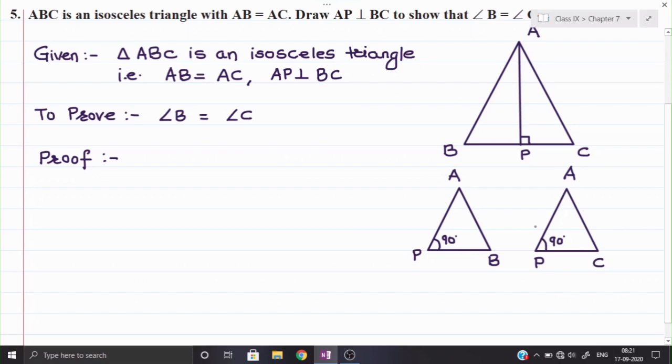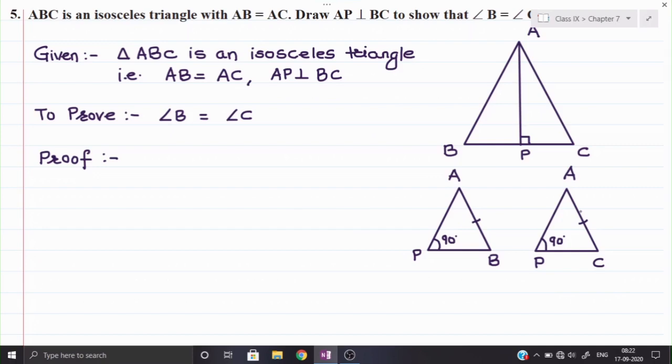So that theorem, what does it say? We are studying it for the last couple of questions. First of all, the first condition is the triangle should be a right angle triangle, and as you can see our triangles are right angle triangles. The second condition is the corresponding hypotenuses of both triangles should be equal. So which are the hypotenuses here? The side which comes opposite to the angle of 90 degrees is called the hypotenuse of the triangle. So here in front of 90 degrees, which side is coming? AB, and here which side is coming? AC. I have put the equal mark on AB and AC. Why? Because it is given in the question that AB and AC are equal.